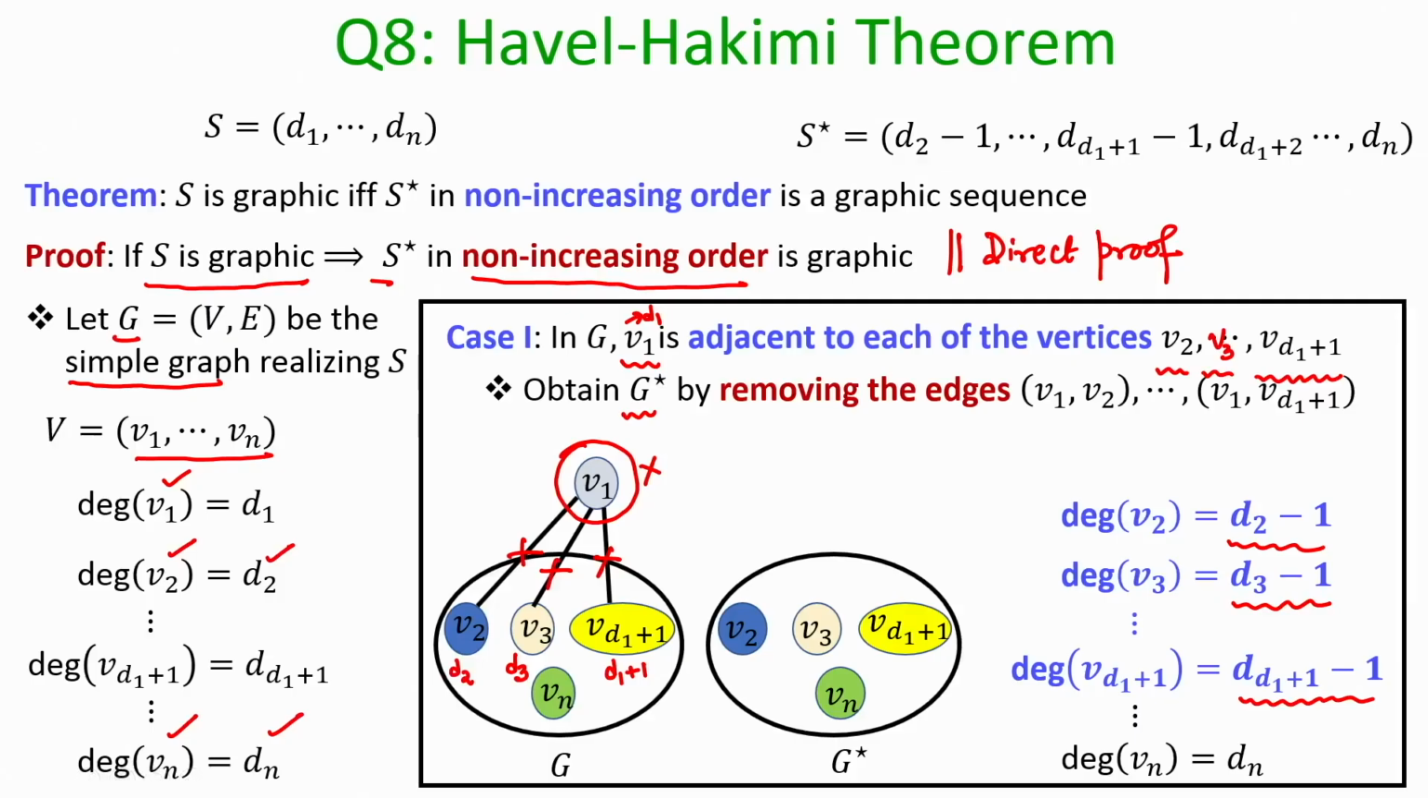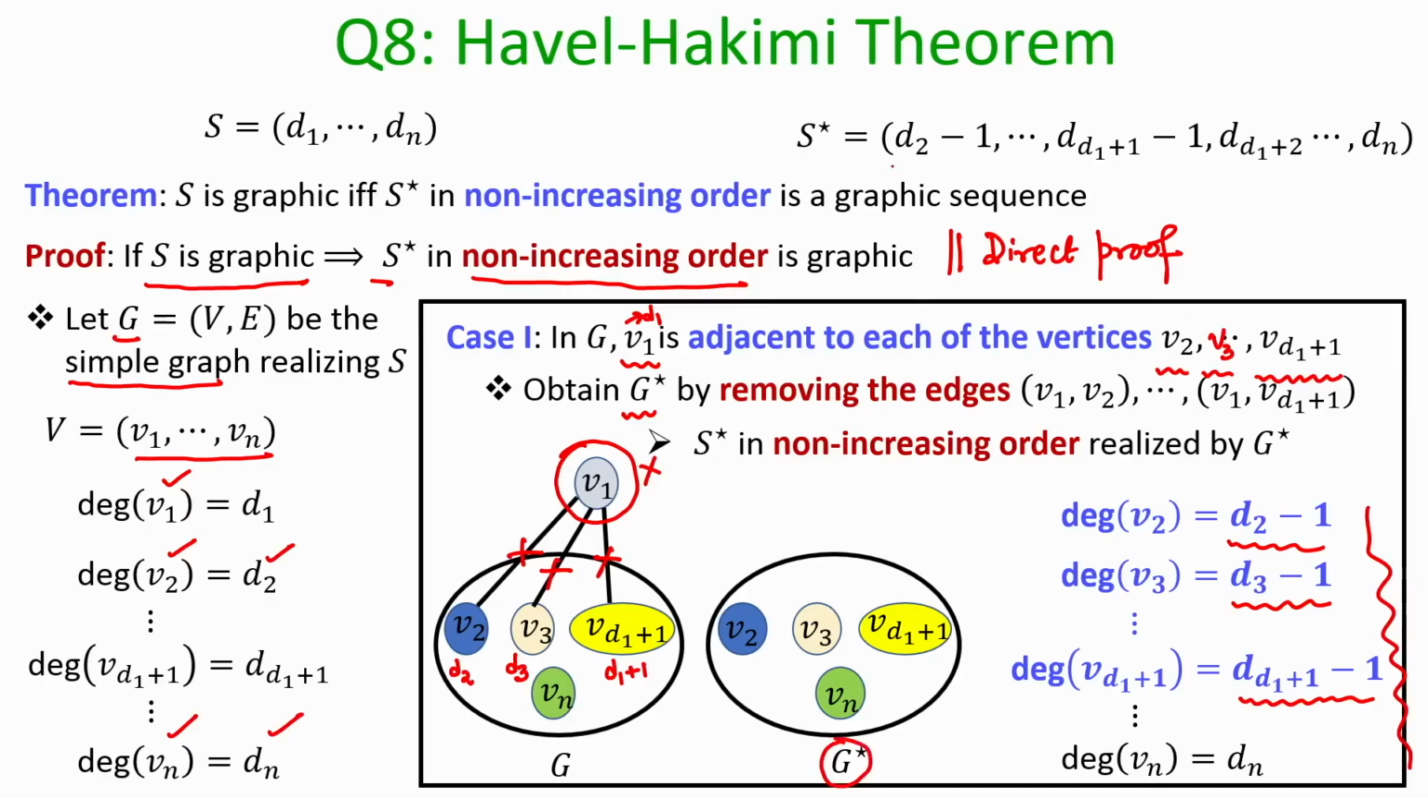The degrees of the remaining vertices will remain as it was in the graph G. So, now what can you say about this sequence? I can say that this sequence is nothing but the sequence S star in non increasing order. Namely, I can say that there is a graph, simple graph, namely G star, which realizes the sequence S star,